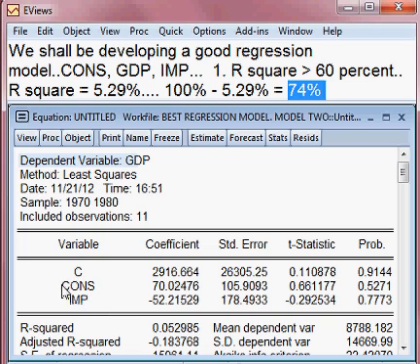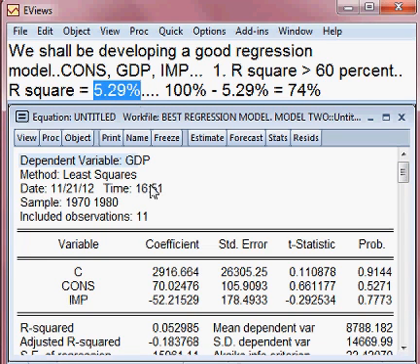But inside factors such as consumption and import can influence only 5.29%. So that means GDP, consumption and import are not related variables, because consumption and import influence only